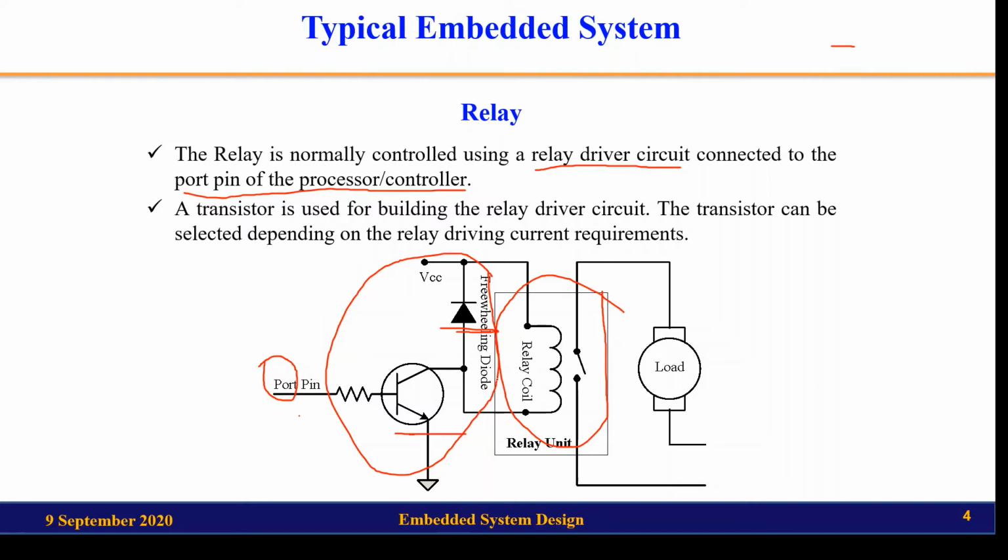And we have also this diode. Generally this diode is for avoiding the back current. That means whenever there is a back current, this diode will form an open circuit, so that it will not damage the microcontroller. That's why the diode is placed in the path between the port pin and the relay coil. And next we have the push button switch.